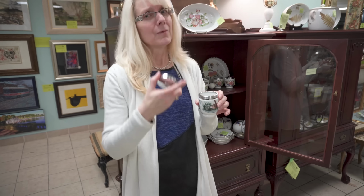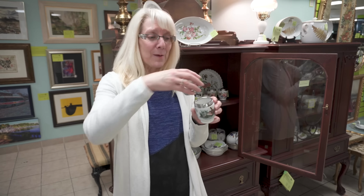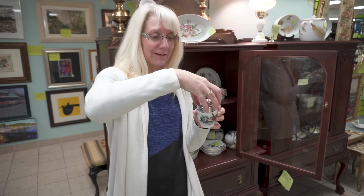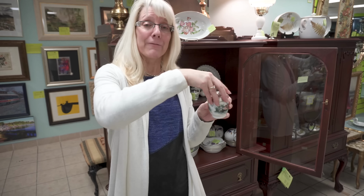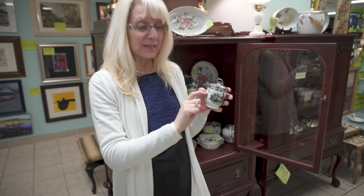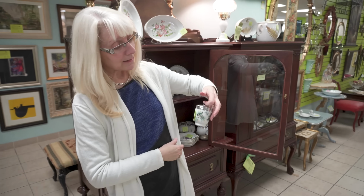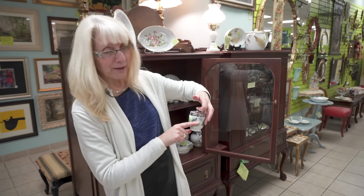You crack your egg into the coddler. You season it. Salt, pepper, tuna, green peppers, whatever you want. Mushrooms. Put whatever you want in there. However you like your eggs. Be adventurous. Screw the lid back on. Fill your pot on the stove halfway up the side of the coddler with boiling water. You're going to put this in the hot boiling water, halfway filled, and you're going to wait until your egg